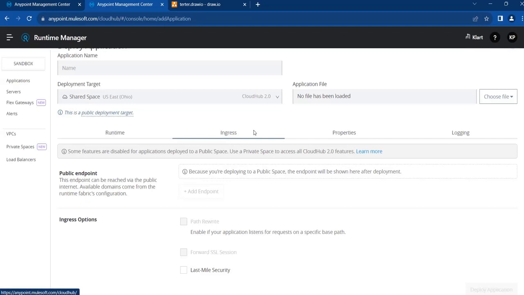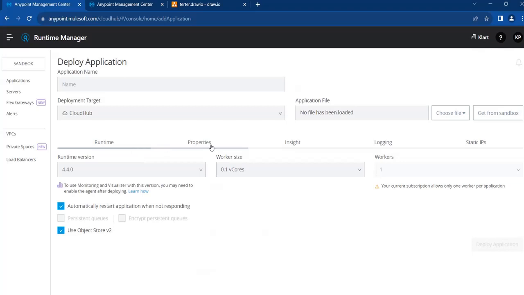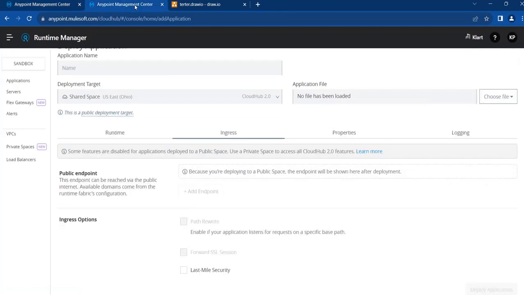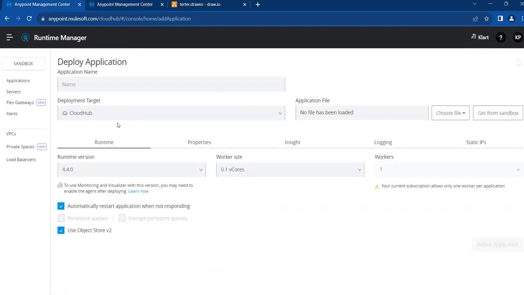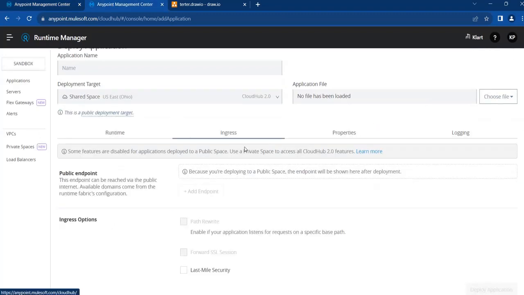This ingress controller is there for CloudHub 2.0. But in case of CloudHub 1.0, there is no such thing called ingress. Ingress is specific to load balancer. Some features are disabled for applications deployed in public space, that's okay. The ingress controller is basically used to create a dedicated load balancer. But in CloudHub 1.0, we create a load balancer by using VPCs and so on. That is a different concept. But just remember, to create any load balancer, the ingress controller is specific to that